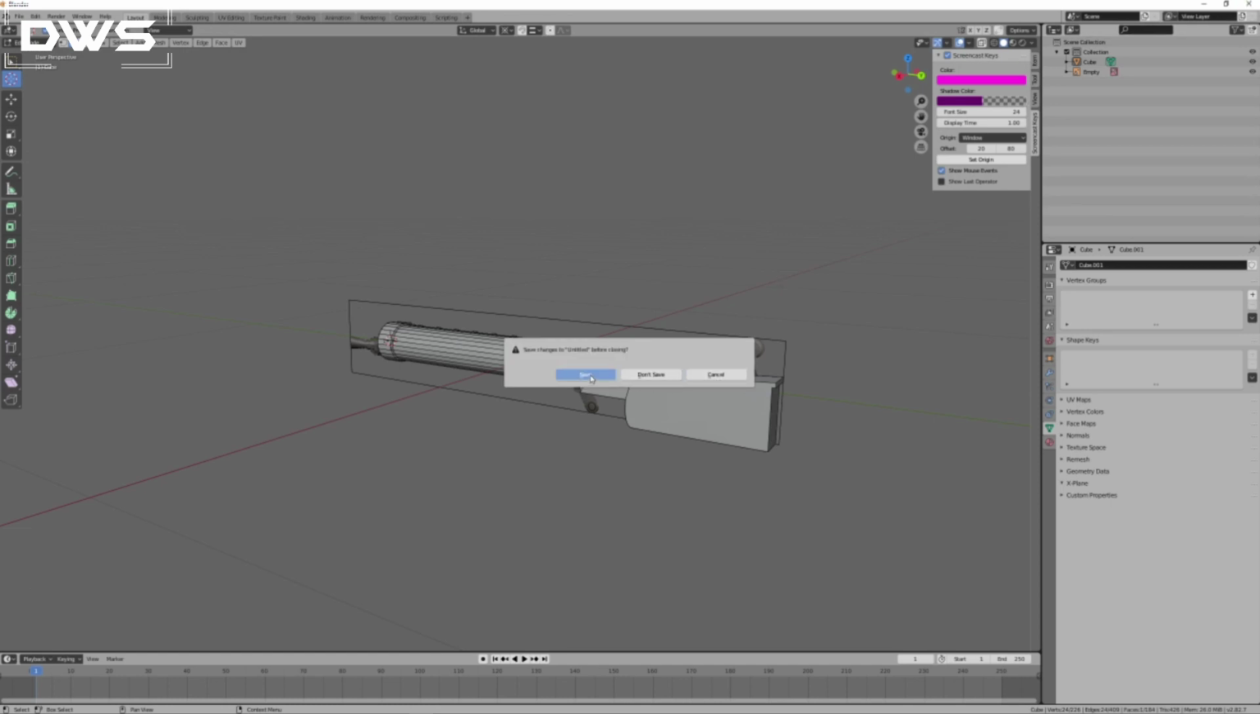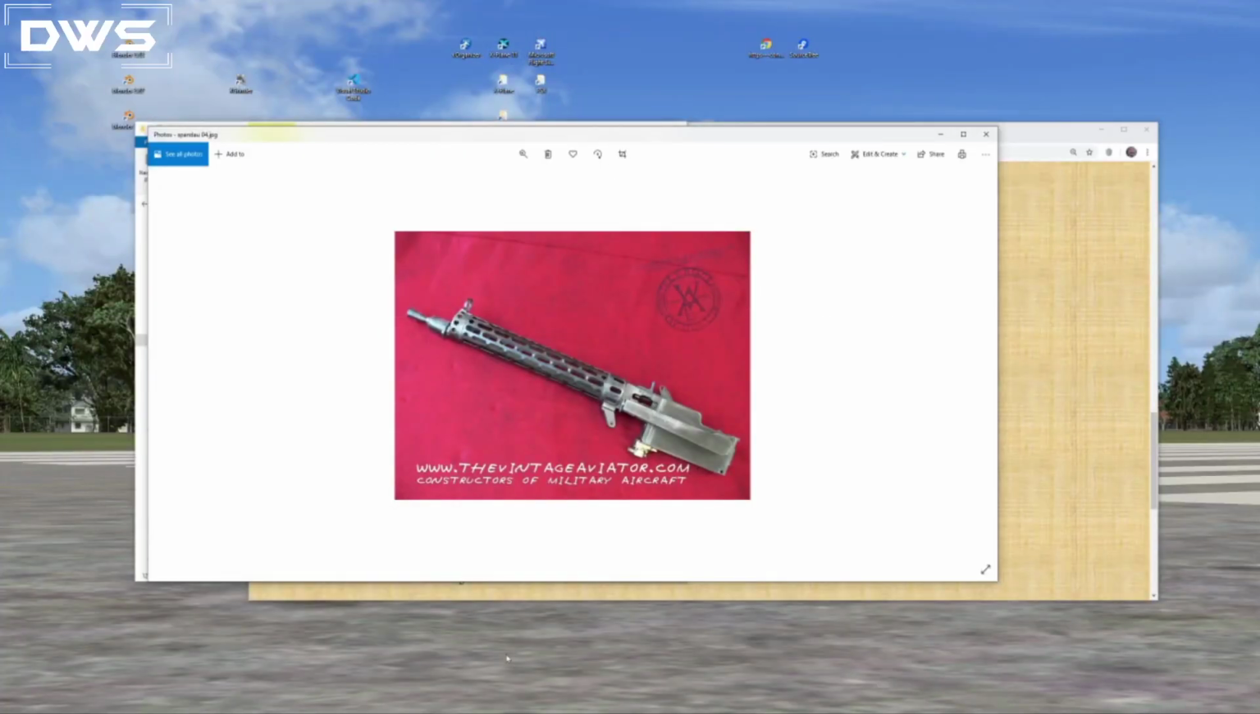So let's save this. We can learn that lesson. Let's go this one, Spandau. Save Blender file. That was a different screen. Don't panic. So if I go to PlaneMaker,